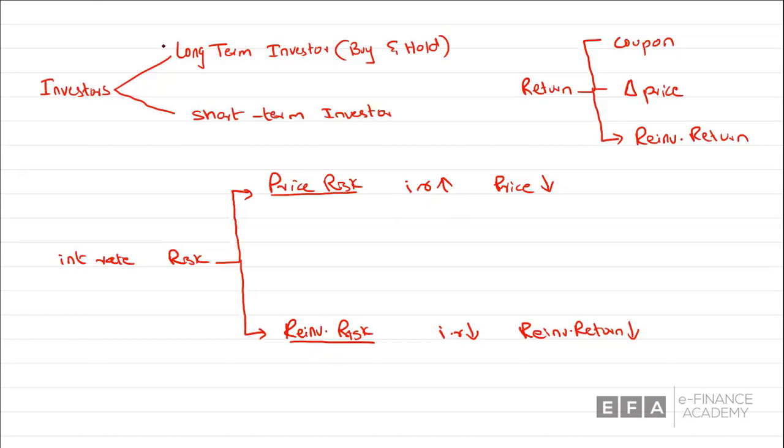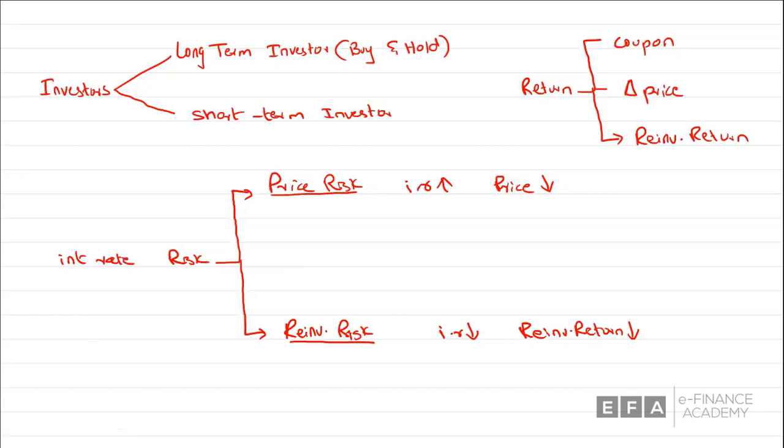Now, we spoke about 2 types of investors for this reading. We said long-term investor, which is the buy and hold, and short-term investor. So if I ask you, for a long-term investor, what type of risk would matter more? Would it be the price risk or the reinvestment risk? Likewise, for the short-term investor, what type of risk would matter more or would be more dominant? This is something we're going to answer through the numbers in the coming slides,